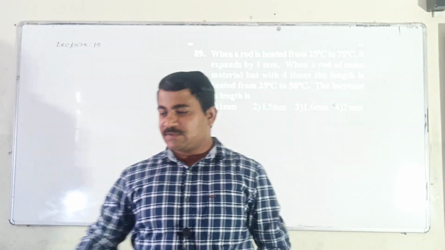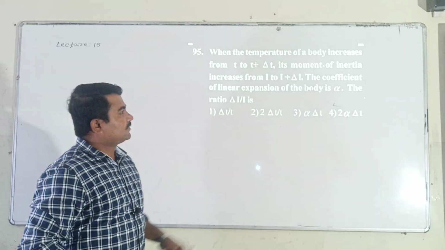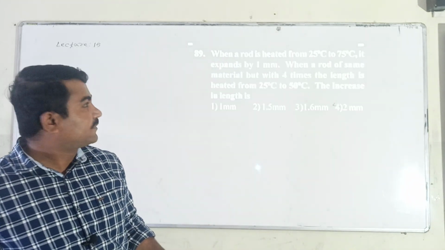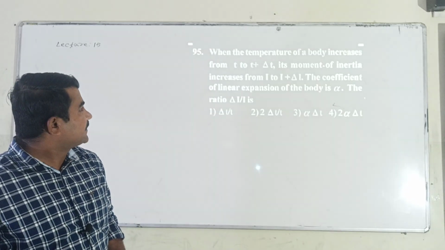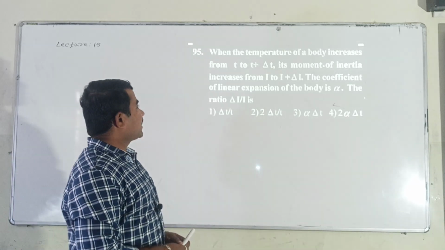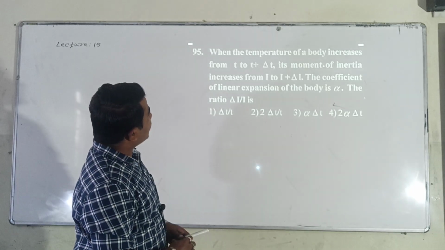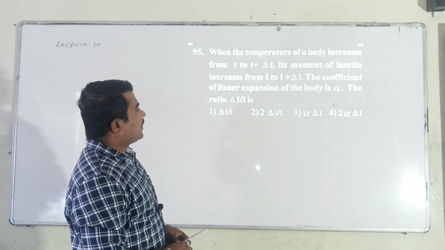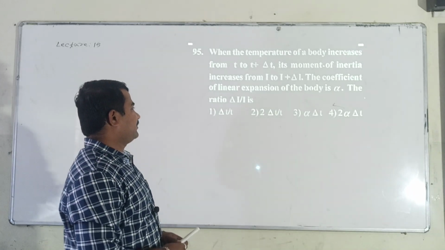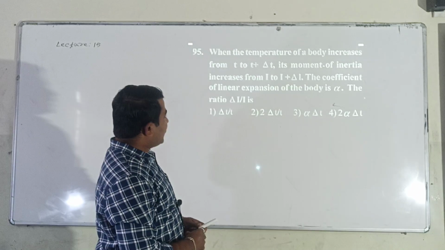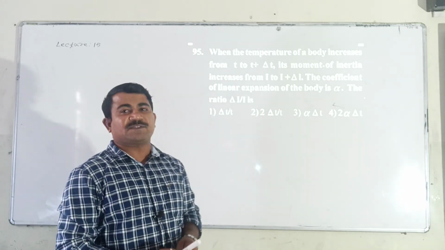Okay, next numerical is, when the temperature of the body increases from T to T plus delta T, its moment of inertia increases from I to I plus del I. The coefficient of linear expansion is alpha. Then the ratio of del I by I is